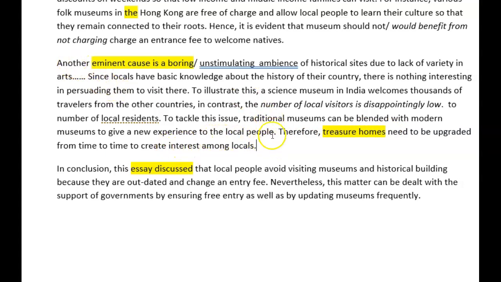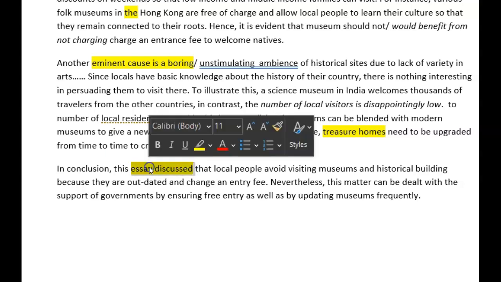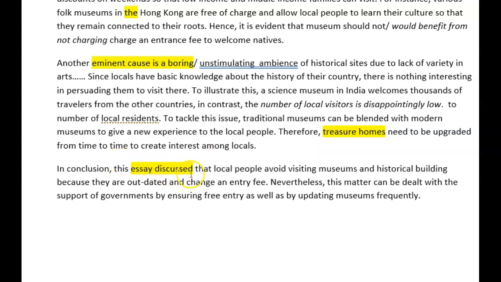Really nice paragraph, well argued again. In conclusion, why don't you give me your opinion? I know you don't necessarily need to, but it's quite nice. I don't like this essay discussed past tense. It's a bit strange, doesn't sit very well. In conclusion, I believe that